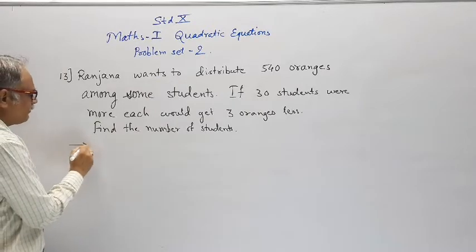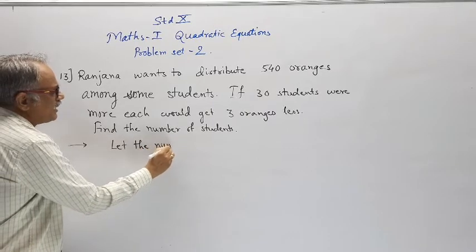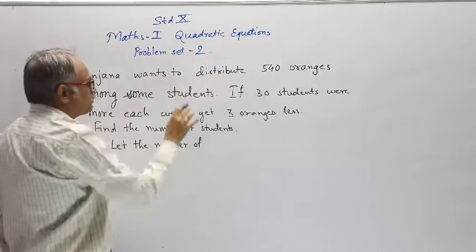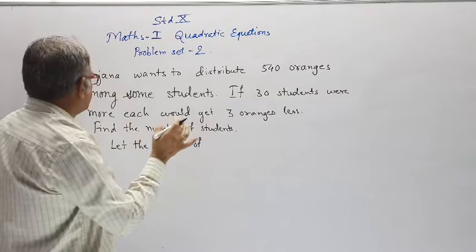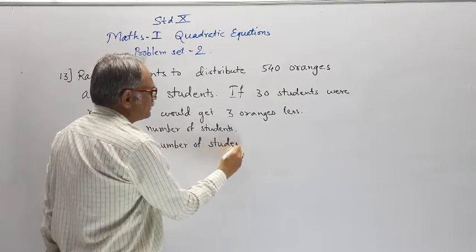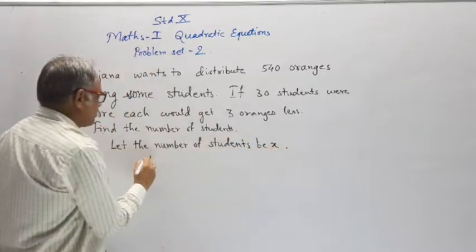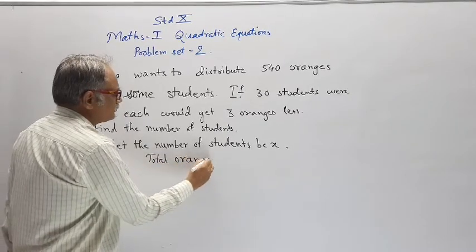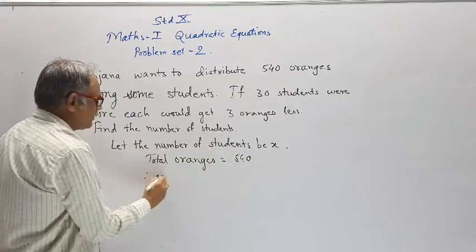So let the number of students be x. Number of students means those to whom Ranjana distributed the oranges. Let the number of students be x. Total oranges 540. Therefore, each one gets